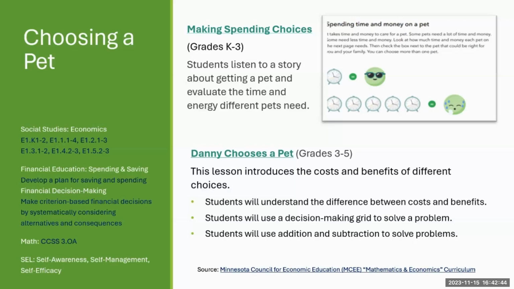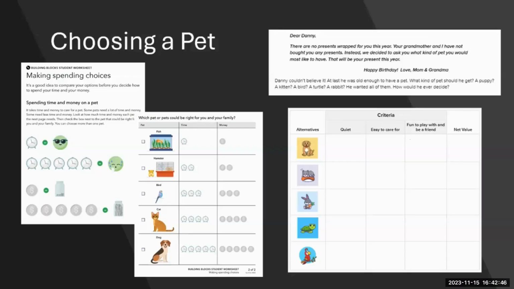So now let's go over to the graphic so you can see a little bit more of these lessons. There's the full graphic on the first lesson, and you can see they have not only the clocks, but also the money. So, how much time, how much money are you going to spend on this pet? And looking at the second graphic there, we talk about fish, hamsters, birds, cats, and dogs. And they have a scale there on the time and money that each one would cost, which again,